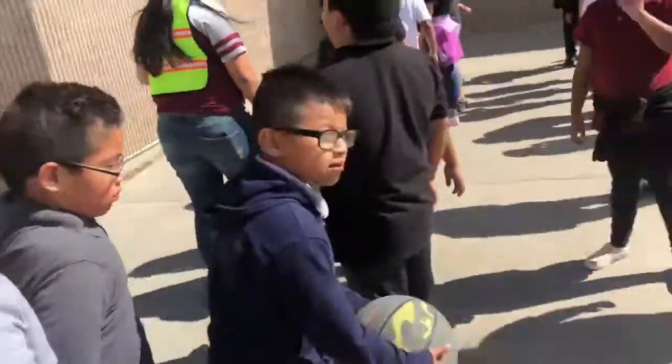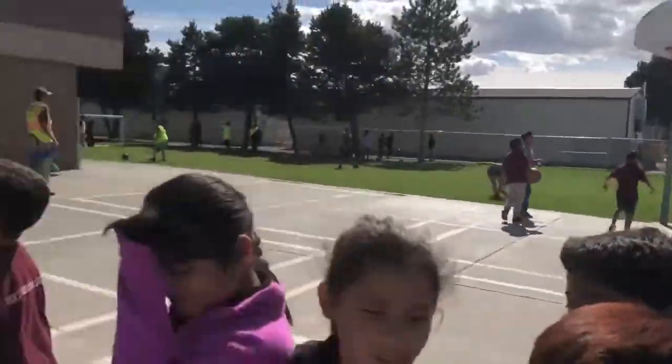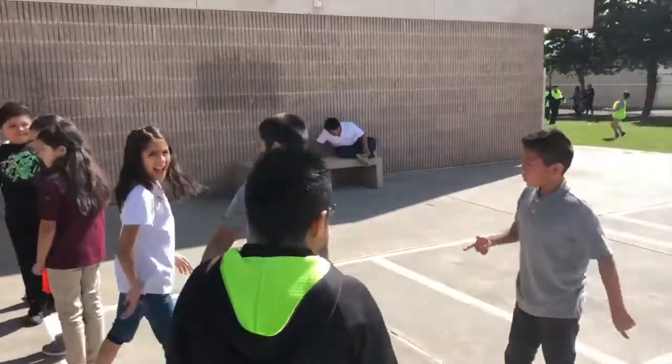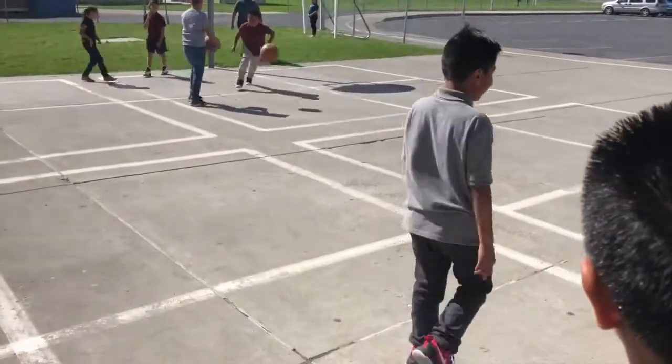Alright, now look at these. They're lining up. Are they in good lines? Are they lining up correctly? Oh, I like that. She's lining up straight and being respectful. The teachers are going to come. You better be ready for them. So when the whistle blows, stop all of your games and just line up. And if you don't, you get sent to the back of the line. So be careful. If you're not lining up correctly, you got...